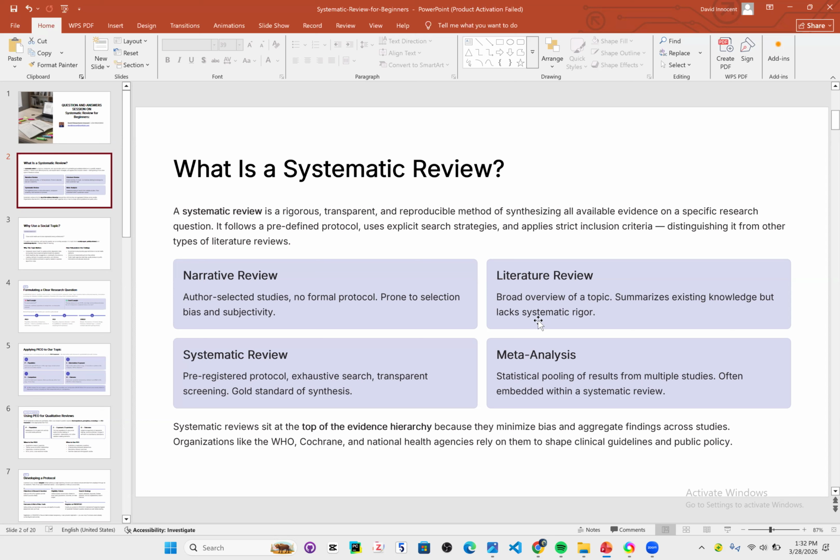So this is going to be a very free class. I don't want to bore you with lectures. I'm not that person. I love practical insights. But what is a systematic review? A systematic review is just like my name. To think about a systematic review like this,